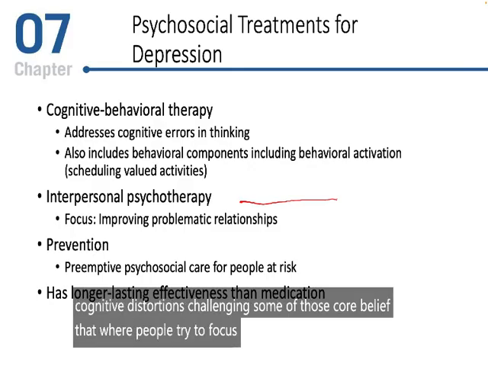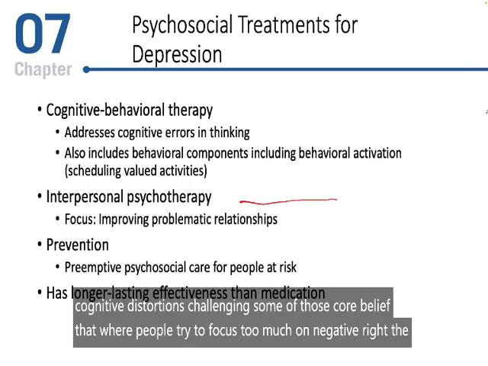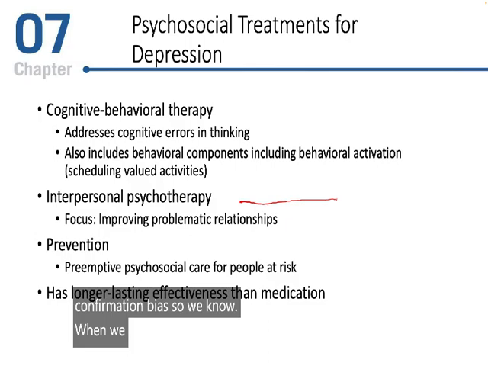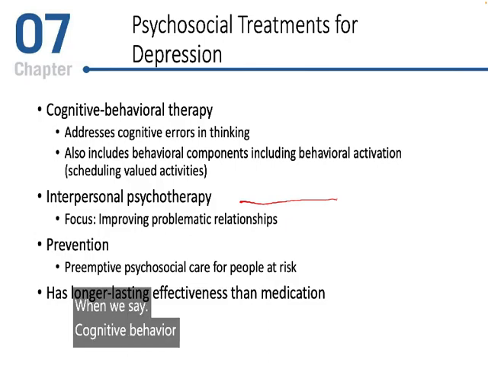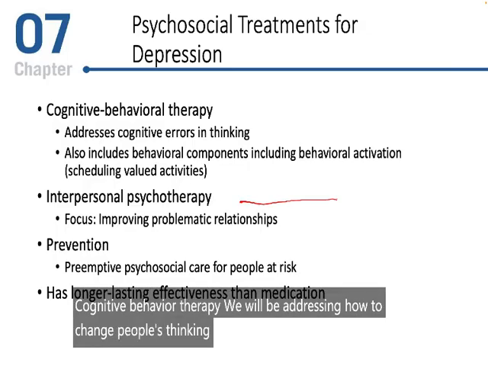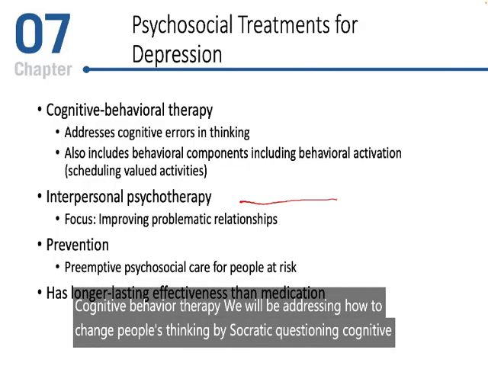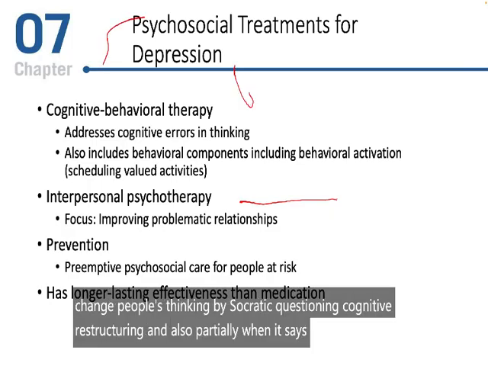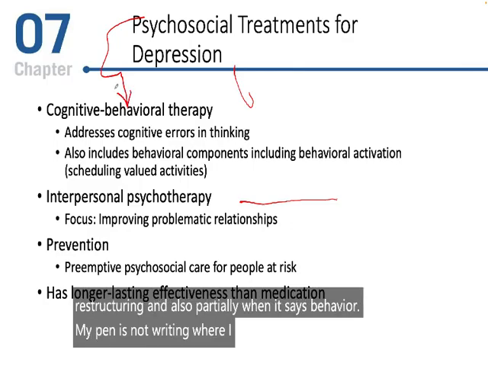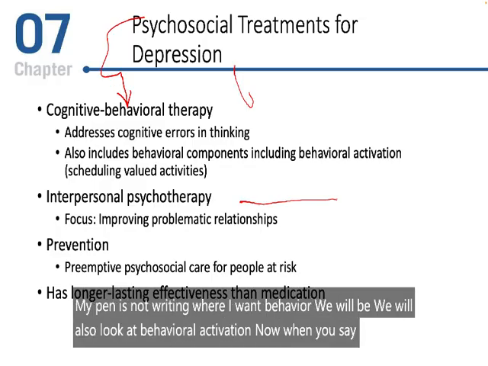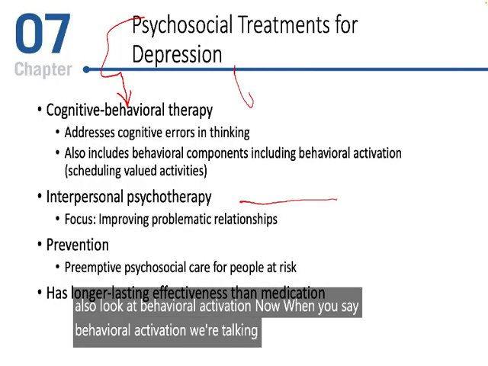where people try to focus too much on the negative, right? The confirmation bias. So we know when we say cognitive behavior therapy, we will be addressing how to change people's thinking by Socratic questioning, cognitive restructuring, and also partially when it says behavior, we will also look at behavioral activation. Now when you say behavioral activation, we're talking about how individuals